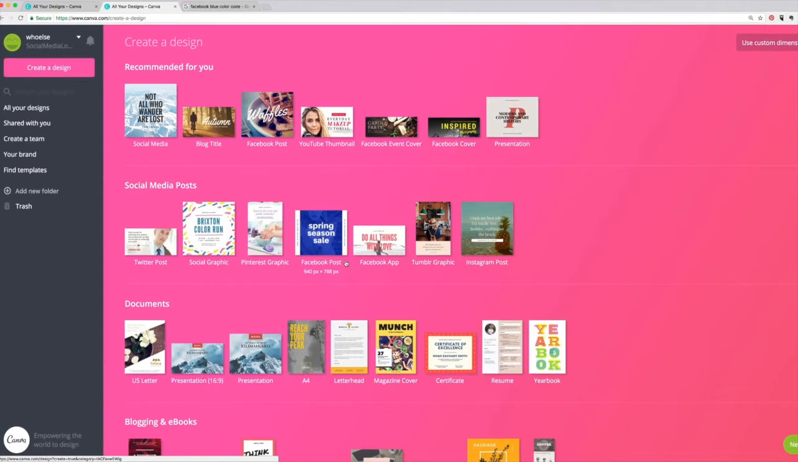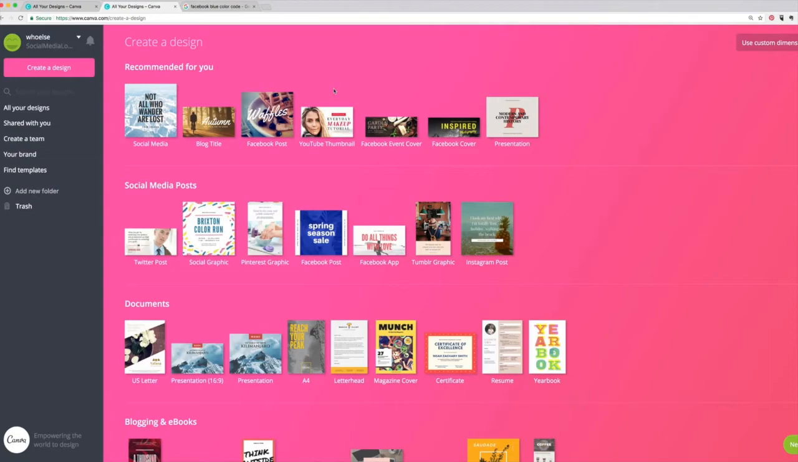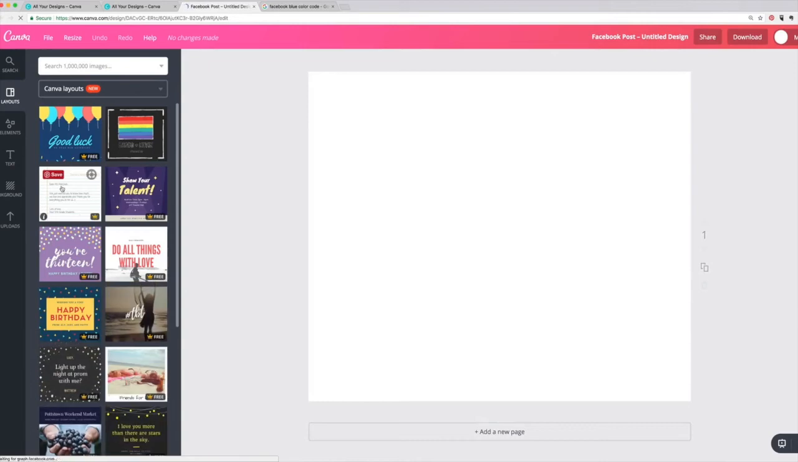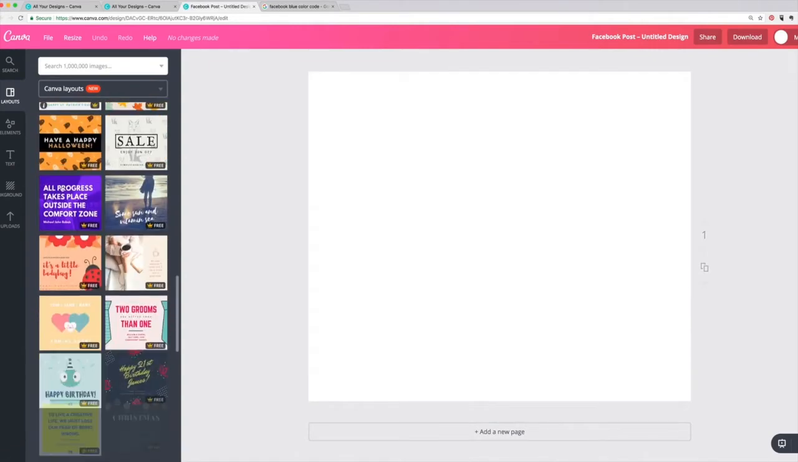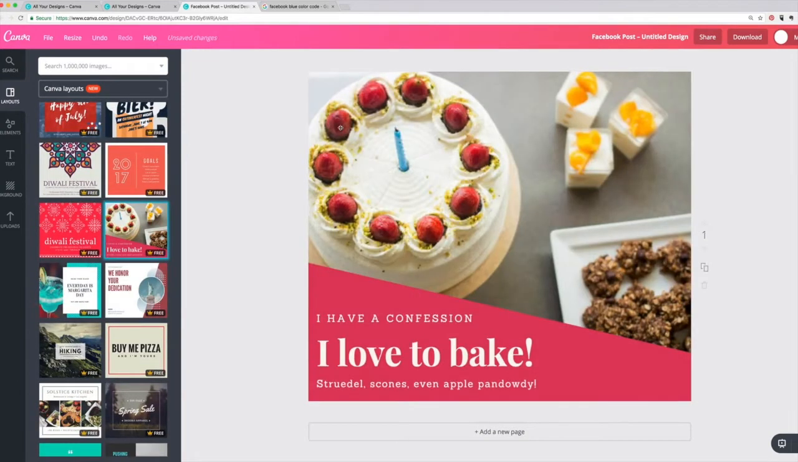So it's so rich. And then if you don't have anything that you like, you use custom dimensions and you put exactly what you want in terms of height and width. From there, let's say we want to do a Facebook post. I'm just gonna go to Facebook post, and then Canva offers you a bunch of scenarios and you pick the one you want. So for example, if I say I really like this type of format, but I don't really want